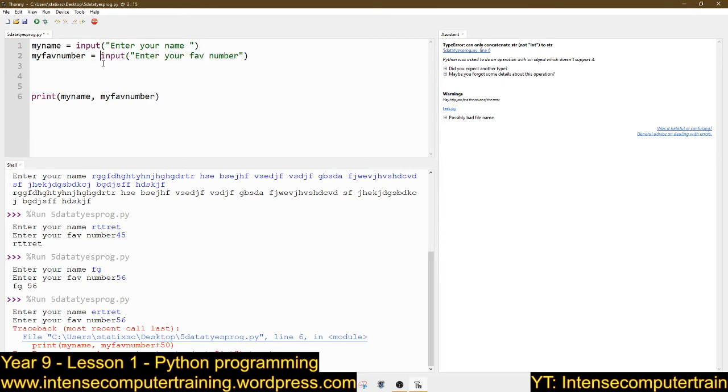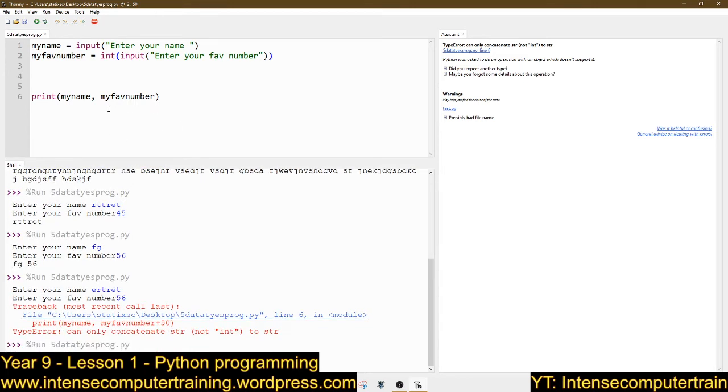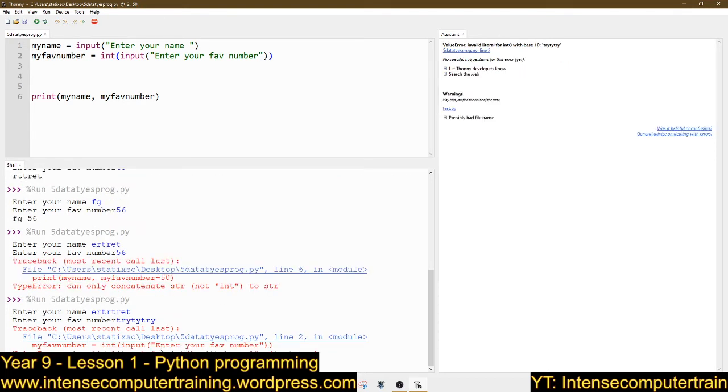What we've got to do is put int at the front of everything, open a bracket, then type the input, do the same brackets for the input as you did, but then remember to end your bracket. Now you have to type in a number or it's going to break. Watch. So I do that, and I'm going to type in just another letter, and it'll break again because it says here, look, you've put an invalid literal in for int because it needs to be a number. The literal means words, doesn't it? So you've gone and put in words here when you should have put in a number.